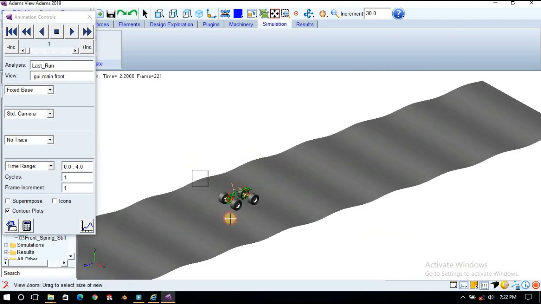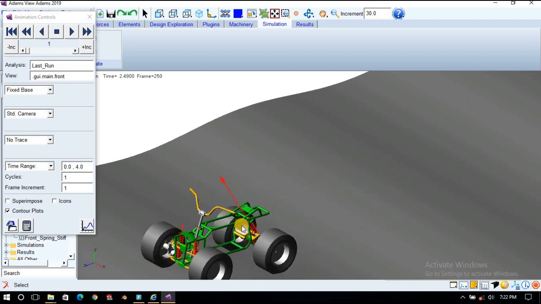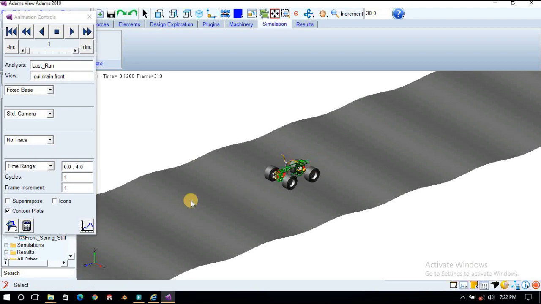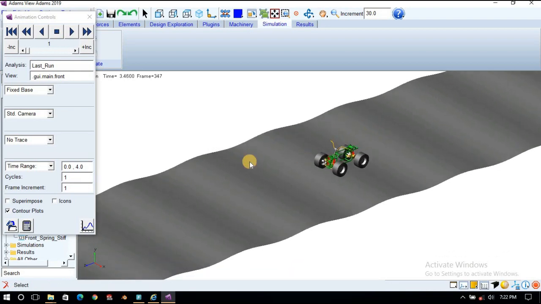You can also observe the movement of the suspensions. So this is a proper way to create road and tire interaction, because you don't need to define any contact manually, because if you want to define the contact, you should have appropriate contact properties.